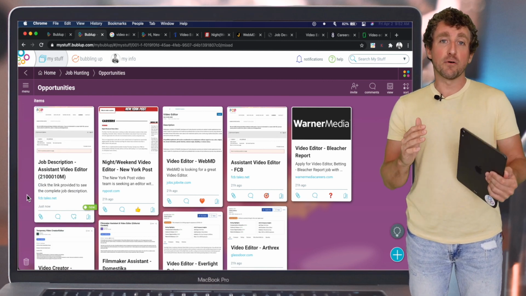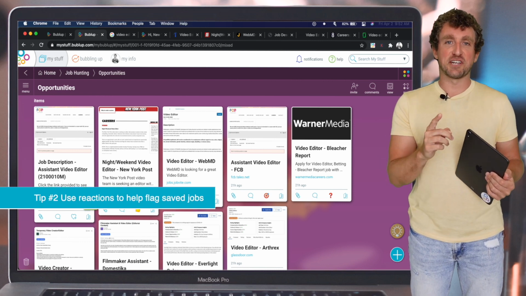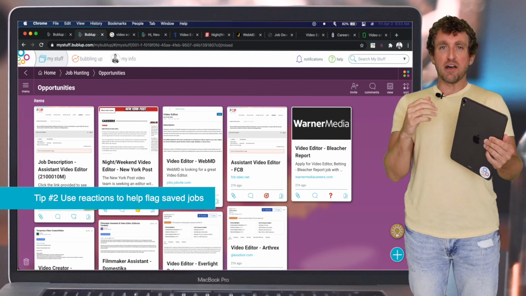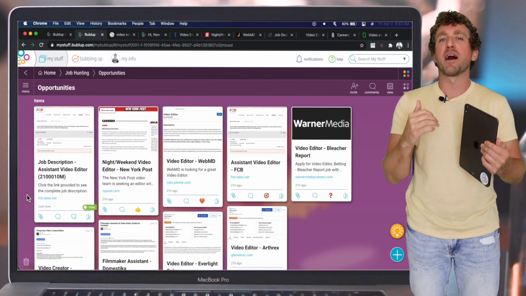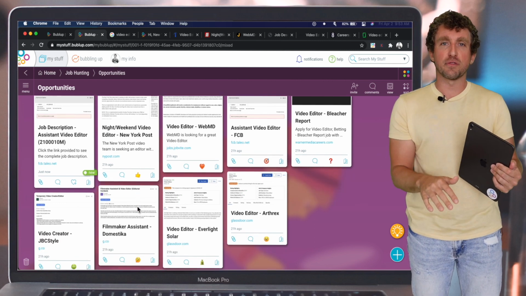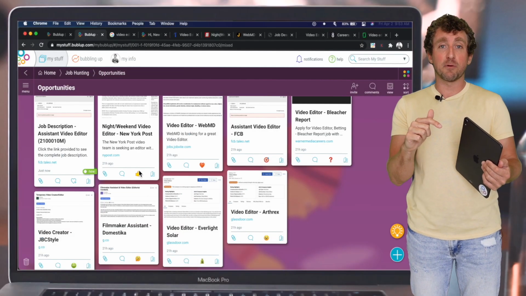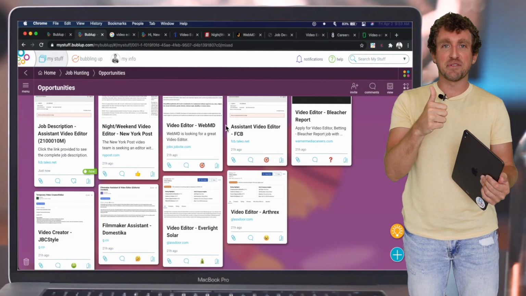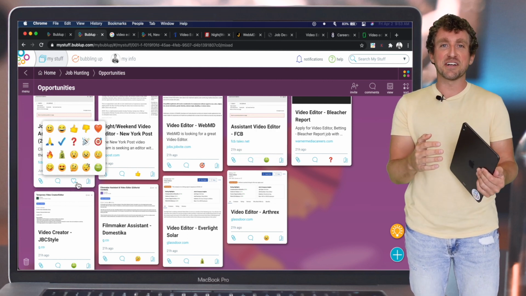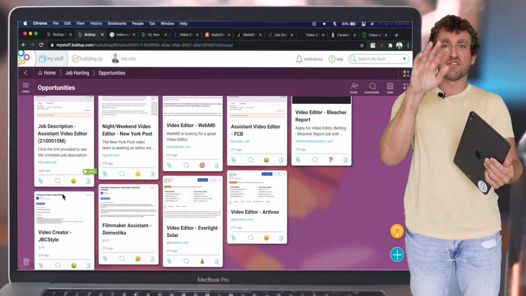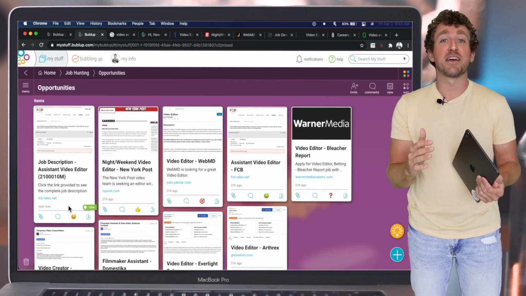All right, so now that we have our folder set up and we have some job opportunities that we found in the folder, now I use reactions. That's tip number 2. Reactions help me understand which ones I'm deeply interested in and which ones I'd like to keep around but maybe I'm not as interested in. As I start scrolling through these and looking deeper into the job descriptions, the ones that I like, I'll go back to BubbleUp right here and add a reaction. Maybe it's a thumbs up, maybe a bullseye, maybe a frowny face for the ones I'm less interested in. You can set your reactions there. Then when you go into this folder, you can see all of the jobs that you're definitely interested in, moderately interested in, and definitely not interested in.